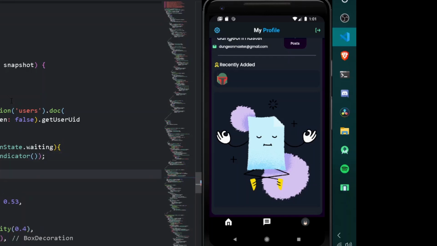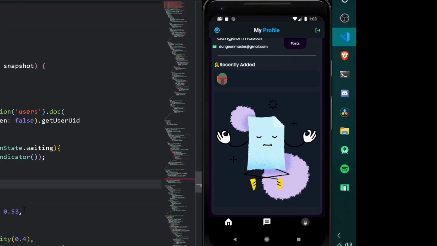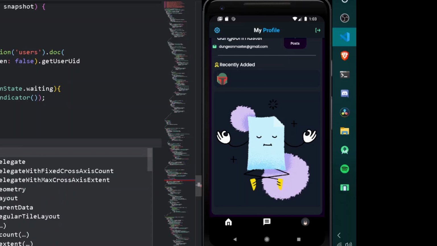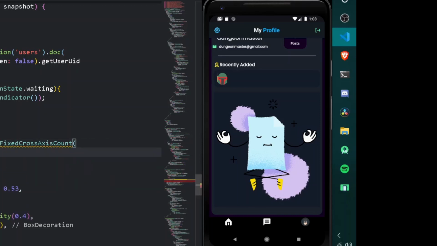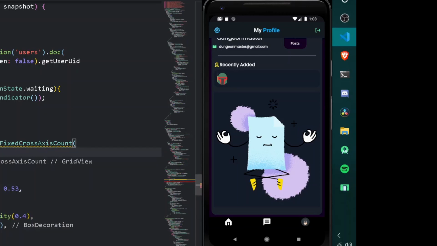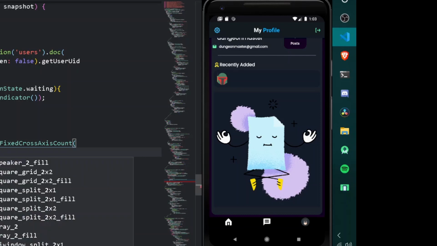And after that we can simply return else, and here we can simply return a new GridView. So under the following GridView, first of all we shall be having a grid delegate. So for having the particular grid delegate, here I shall be simply writing SliverGridDelegateWithFixedCrossAxisCount, and here under the following axis count we shall be having cross axis count for 2. You can have according to you, that is for 2 or 3.